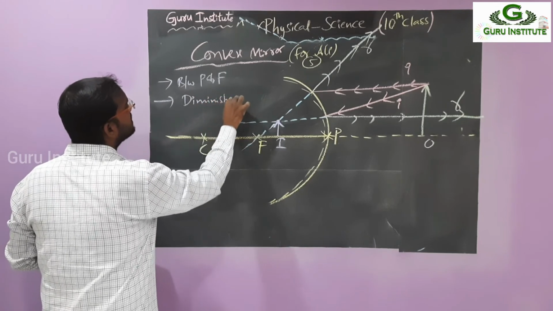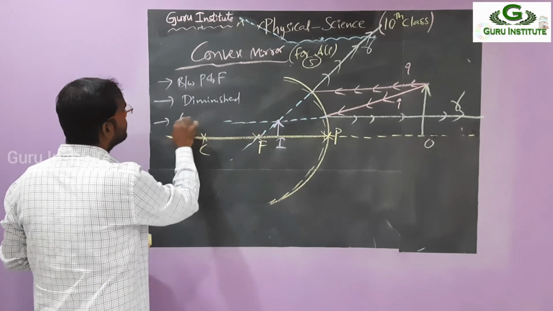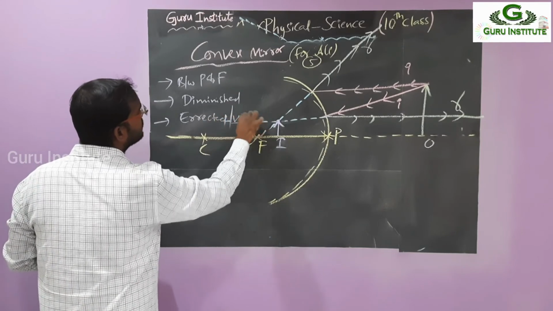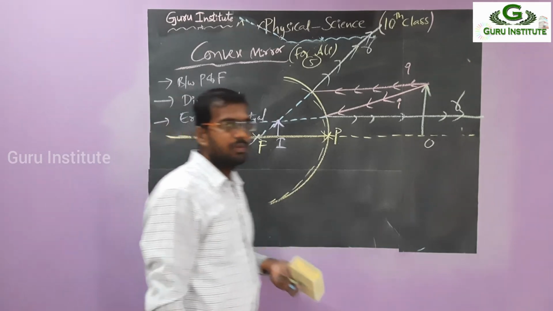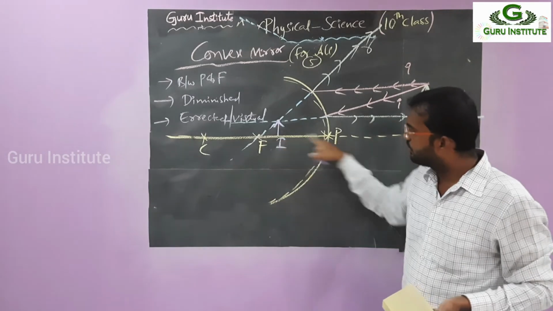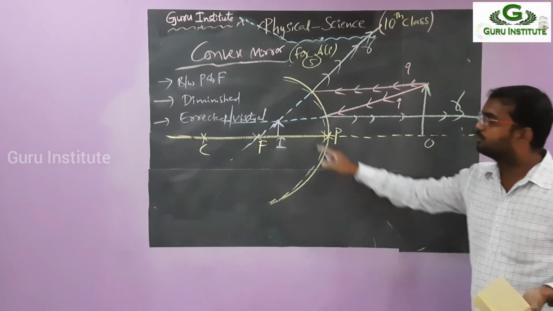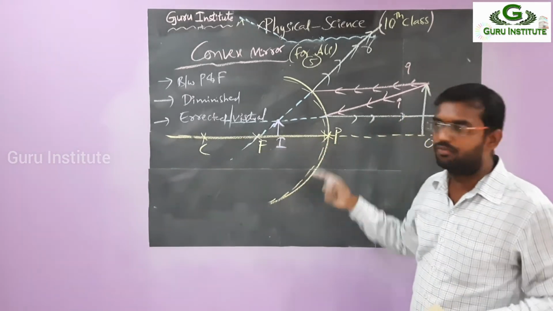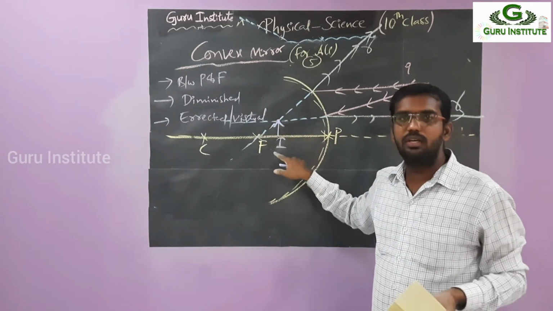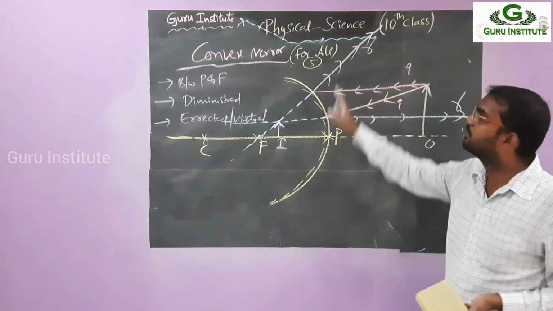Then the last case, is it erect or inverted? It's simply a straight one, so it's erect. Erect means virtual. So between P and F, it is always formed. It varies from here to here depending upon the position of the object. If the position of the object changes, it also varies, but it is always found between P and F only. For any case, there are no other cases. All are a single diagram. It's very small, so diminished, and it's straight, so it is called an erect and virtual image. So this is about the 5 cases.